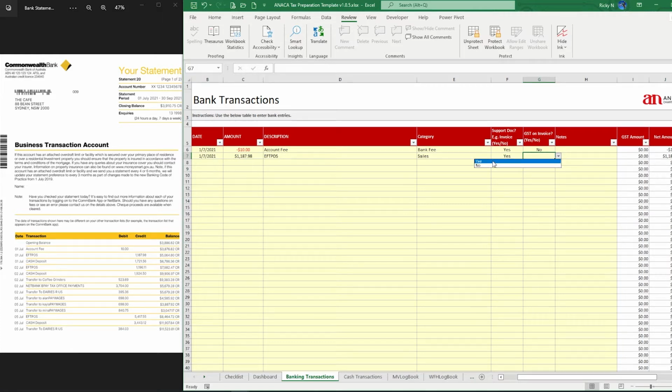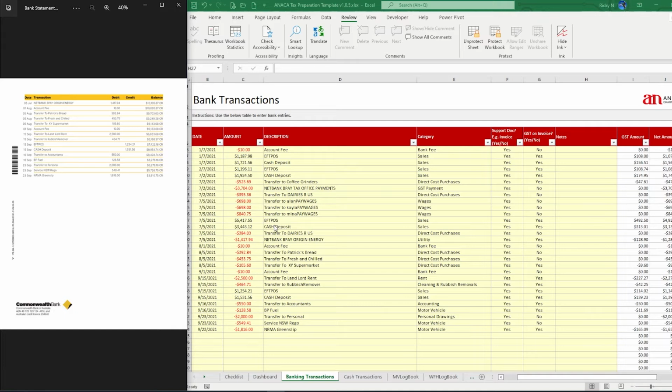The answer is yes. Now I won't bore you with entering all these details in, so I'll just do that in the background just to show you how to do the rest. Now, if you don't know how to classify some of these entries, you can just leave a note on the side and your accountant will be able to provide you with more guidance. And over time, because your business transactions would be very similar from year to year, you'll be able to use that information in the next quarter or the next year.